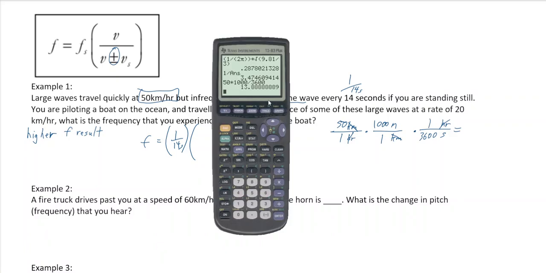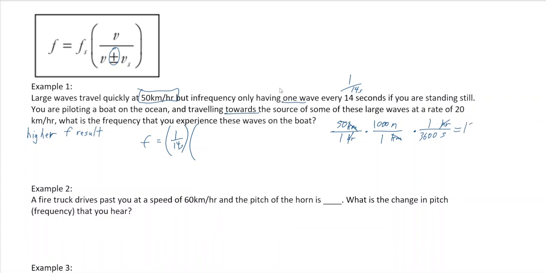Now I have it right here. So 50 times 1,000 divided by 3,600 is 13.8 repeating meters per second. So that is the speed that the wave is traveling. Okay, and we're going to take that value and we're going to either add or subtract the value of our own speed going towards the wave. So now it's 20